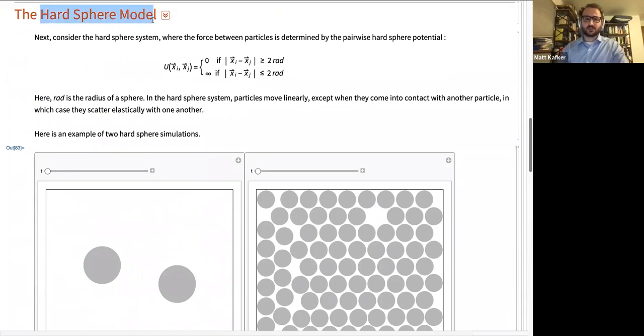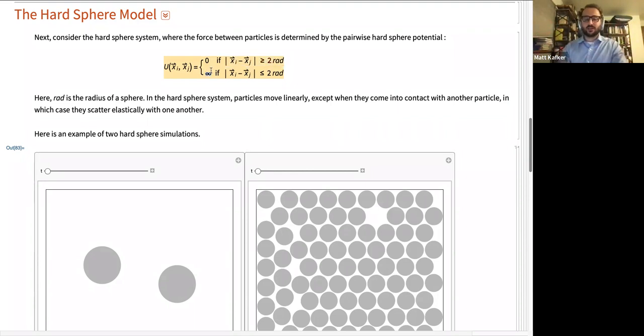So this talk is nominally about hard spheres. I'm going to introduce them here and then depart for quite a while before I come back to them. But we're just going to introduce the model here. So this is a hard sphere system. This is the potential energy. So it's a pairwise potential. And it's 0 if the particles are sufficiently far apart from one another. And what that means is that if you imagine two circles, each of them has radius rad, as long as they're more than 2 radii away from one another, they're not touching and the potential is 0.